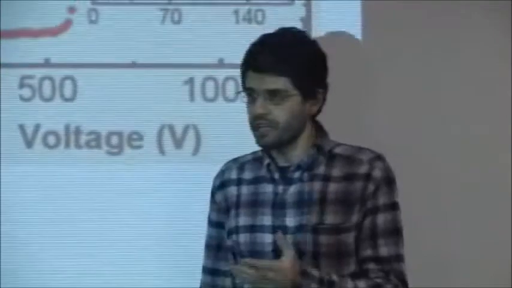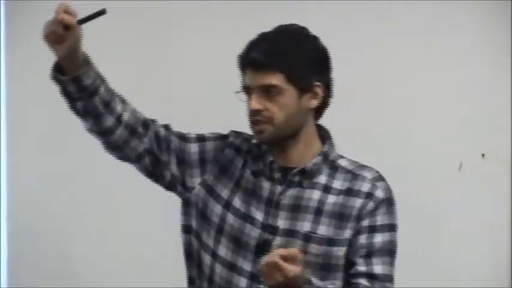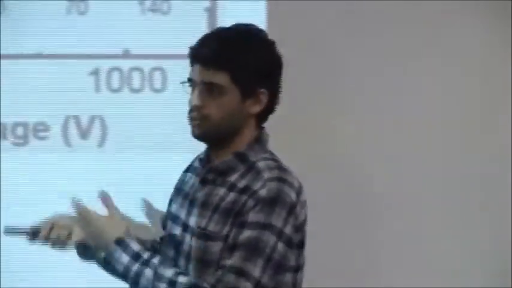Now, the reason we got this laser was because the work function of nanotubes, like many other materials, is in the range of 4 to 5.5 electron volts. So if you want to get electrons out using the photoelectric effect, you have to have a photon energy that can give enough energy to the electrons to overcome the work function barrier. So you need UV photons on the order of 4 or 5 eV.